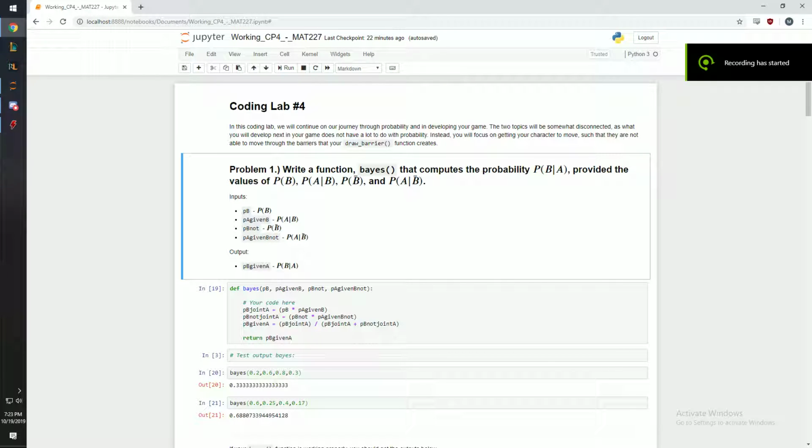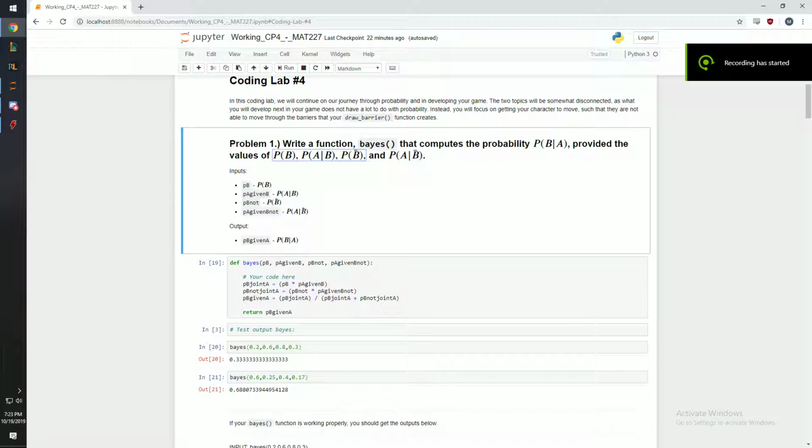Alright, so this is coding lab 4. The first function, Bayes, computes probability of B given A provided the values of probability of B, joint probability of A given B has occurred,